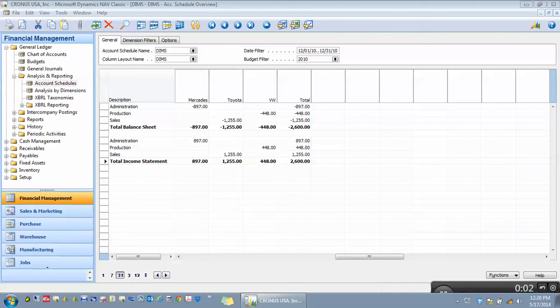This video will show you how to use the Export to Excel function for account schedules in Microsoft Dynamics NAV. In this example, I'll show you how to produce the same report for the same time period, showing a different dimension on each tab of the Excel workbook. This demonstration is done in Microsoft Dynamics NAV 2009 R2 Classic, but the principles of this function apply to all